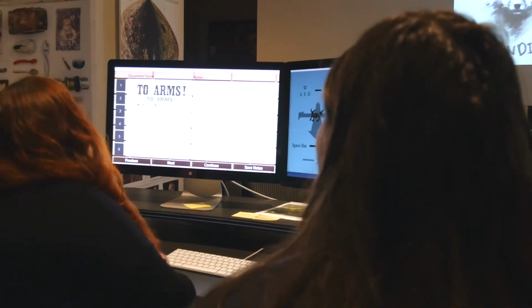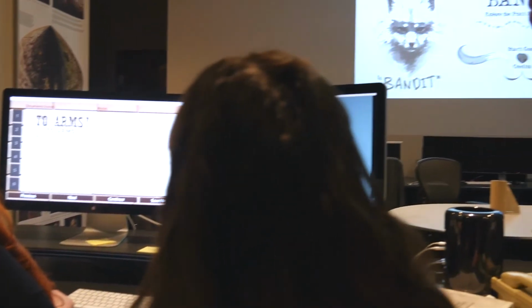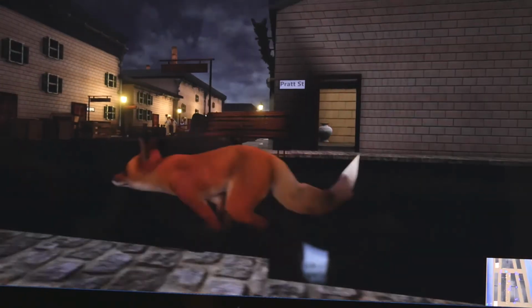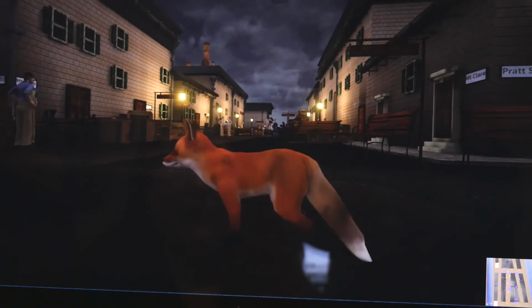So we created a game for history education called Bandit, about Civil War history in Baltimore. So this is about the Pratt Street riots that happened at the beginning of the Civil War. In this game, you play a fox who's running around the city of Baltimore, discovering historic documents and trying to